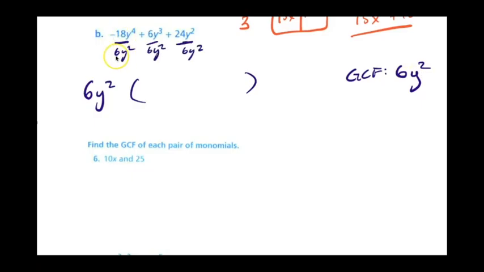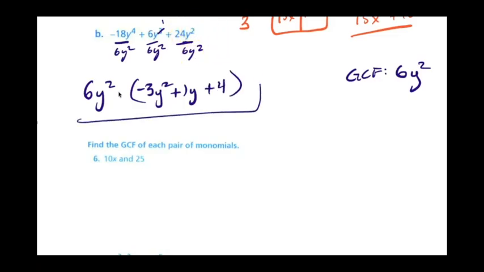Negative 18 divided by 6 is negative 3. We had 4y's, we're taking out 2y, it should only be a y squared. 6 divided by 6 is 1. And we had 3y's, we're taking out 2 of them, so there's only 1 left over. And then over here, we have 24 divided by 6 is 4. All the y's went away. That is it factored. If you want to check your work, again, you can multiply back in,